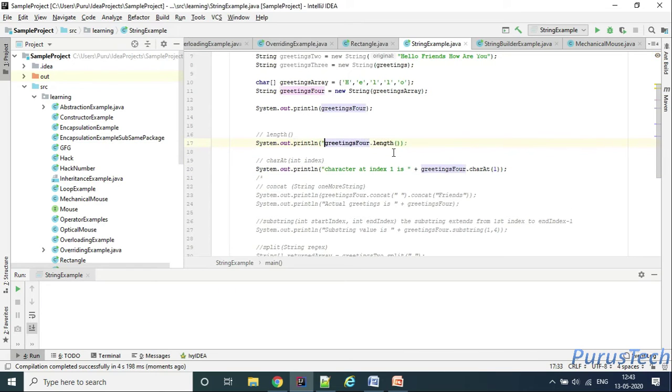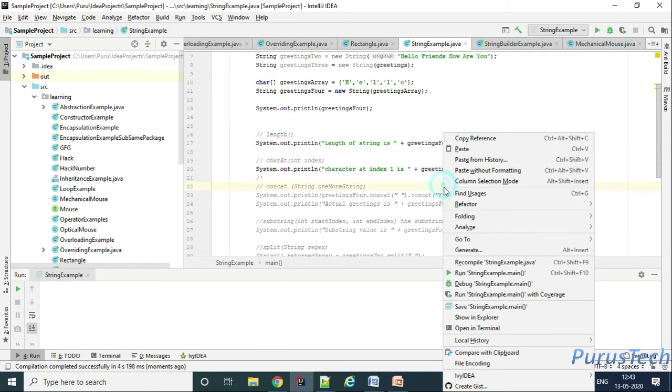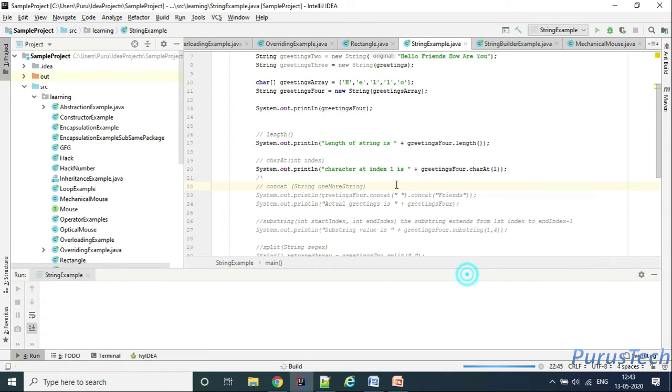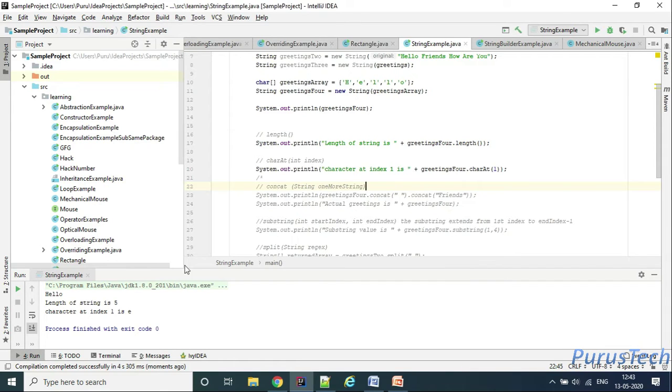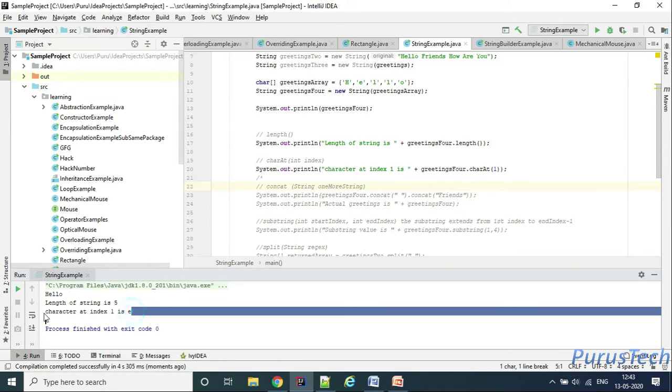Here also I can give length of string is. Let's try to run this. As you can see, it is printing like this.